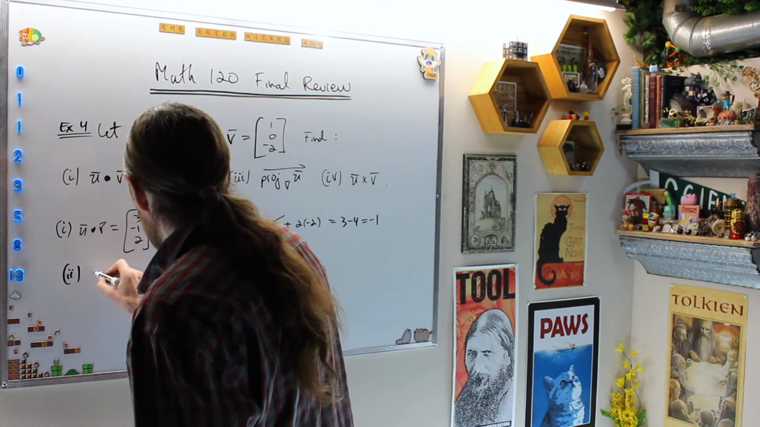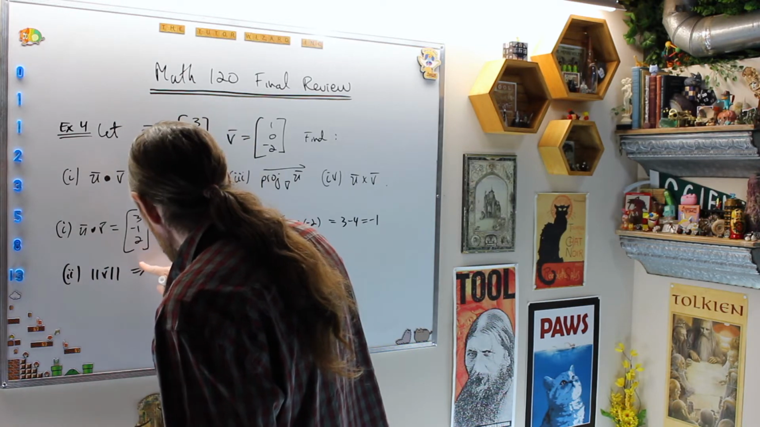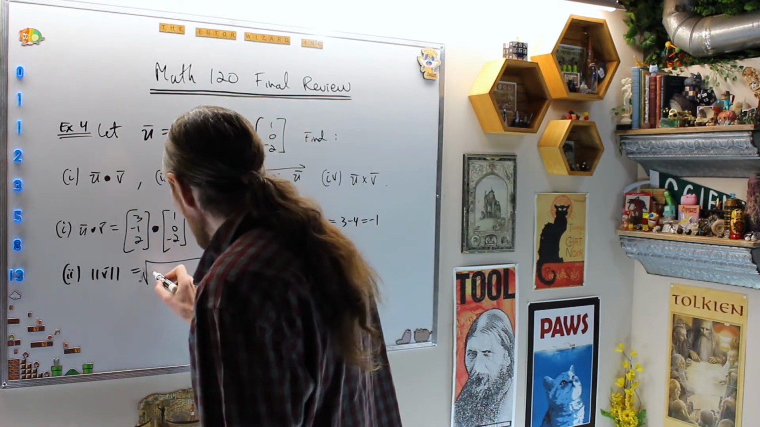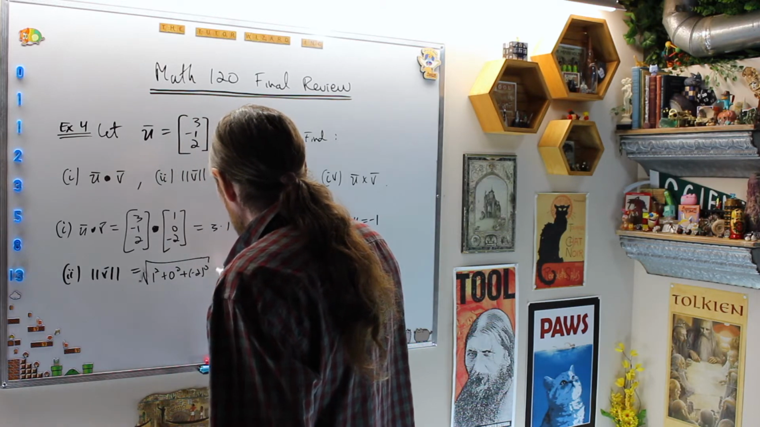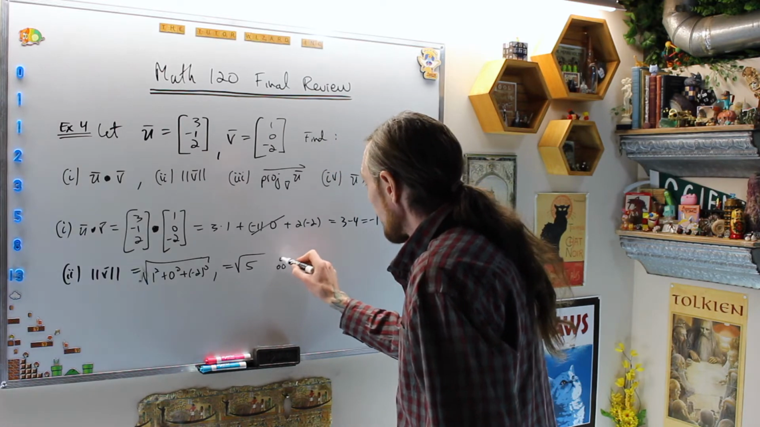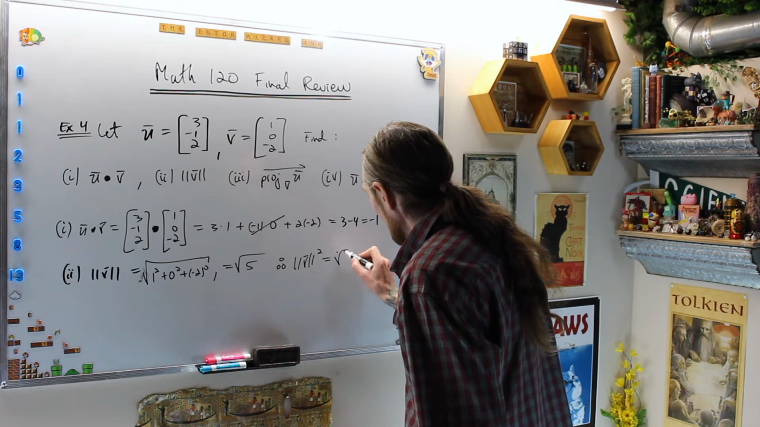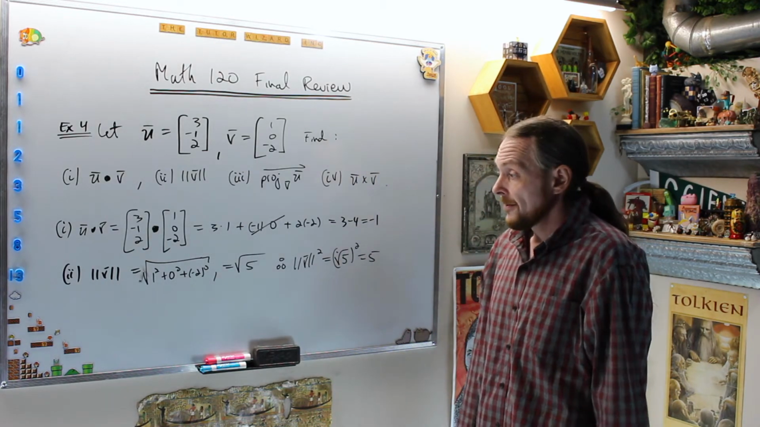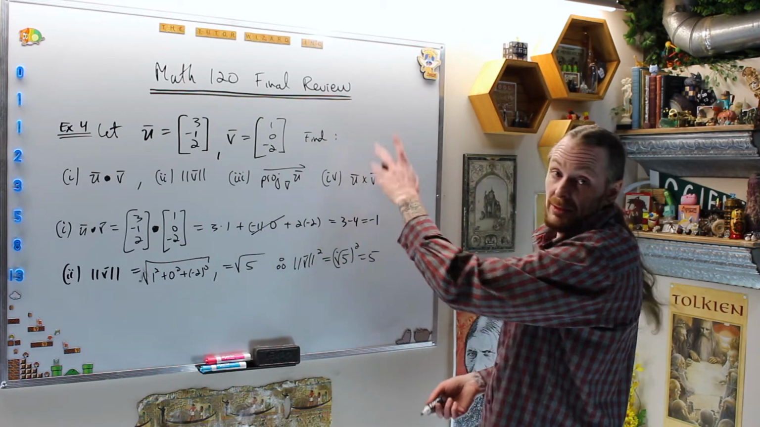Next, the norm of v is equal to the square root of the sum of the squares of the coordinates: 1 squared plus 0 squared plus -2 squared, which is the square root of 5. Therefore, the norm of v squared is the square root of 5 squared, which is just 5. Why did I do that? Because I can do the first 3 all in one, and then we'll erase and do the cross product